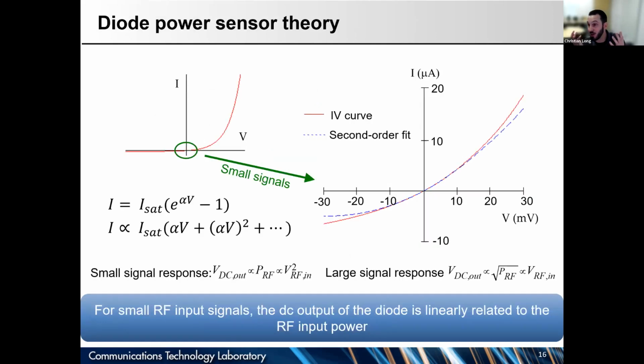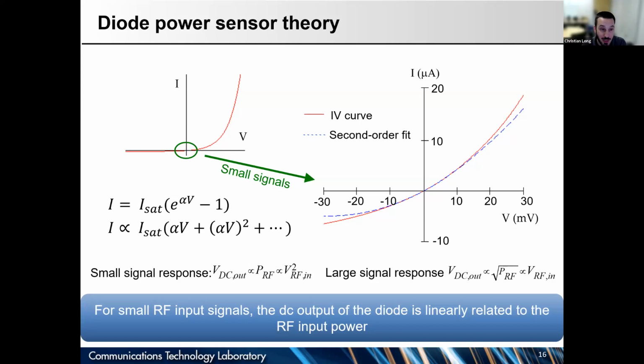So now I can dive into a couple of the technologies that underlie the kinds of power sensors that you might find on a benchtop. A very common type of power sensor is a diode power sensor. These are very fast sensors and very sensitive sensors. And the idea here is that if you put a sine wave into a nonlinear device like a diode that only allows current for the most part to flow in one direction, it's going to rectify the sine wave, and you get some DC component that tells you about the amplitude of the sine wave.